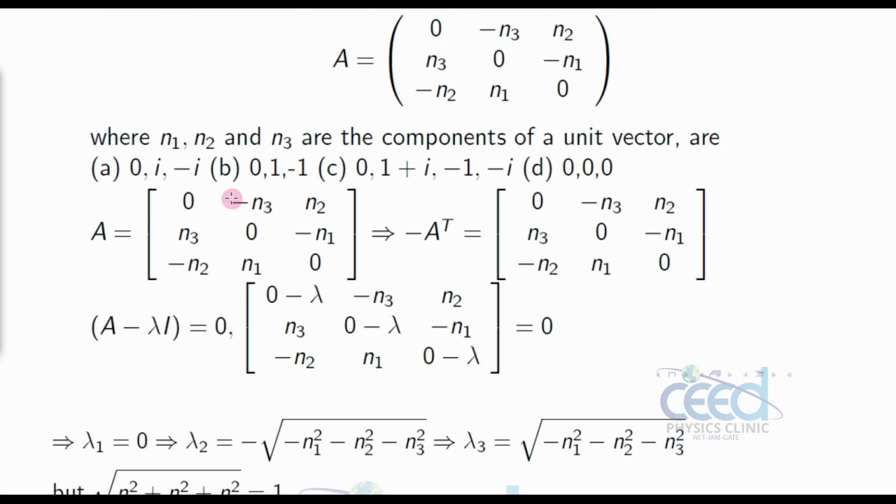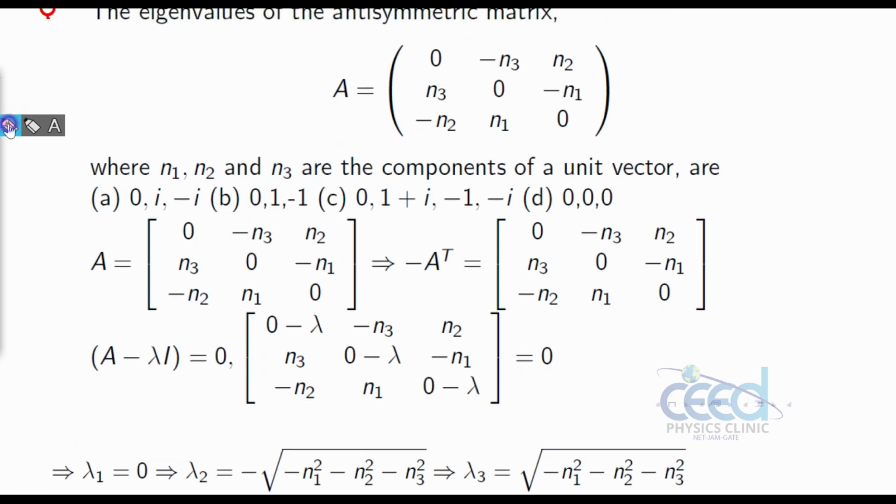So when you look at the answers, this has 0 and imaginary number only. Here we have 0, but other numbers also, so this is not the option. And here also we have a 0 and an imaginary number, but there is another number also, so this is not an option. Here also there is no imaginary number, so this is the option satisfying the condition of either 0 or imaginary number. So A is the answer. Or you can do it by the actual expansion, that is determinant of A minus lambda I is equal to 0.